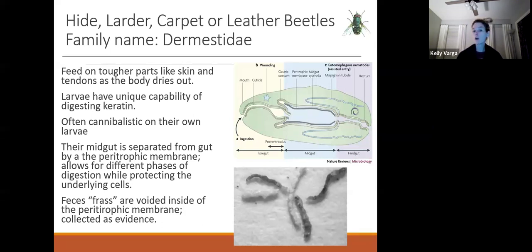Their larvae are very unique as far as things that can digest keratin. They can actually break down keratin. They have a very powerful gastric chamber that can break this protein down. These are a little bit unique because they are cannibalistic on their own larvae, so it's a battle of who gets to the top. And the reason that they are so prolific and very good at their succession is because they have this sort of